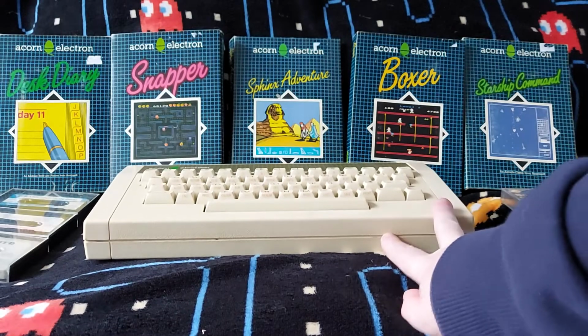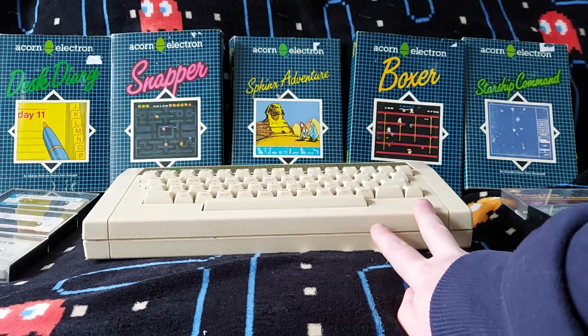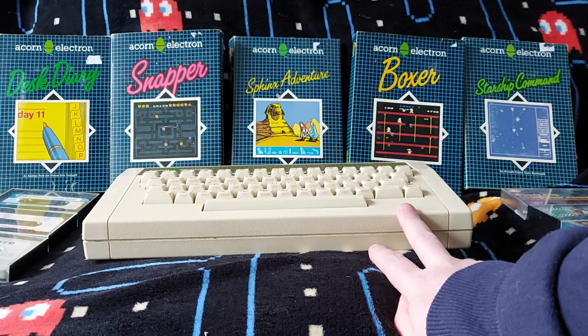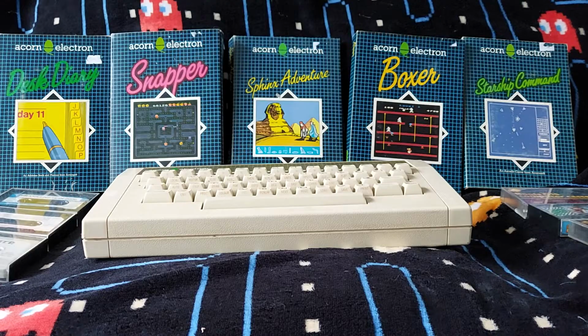The funny thing was, there was a guy selling one on Facebook Marketplace that I kind of agreed to buy, and then he messed me around. Basically he said it was 25 quid, unworking, and he had it as local pickup, and then he said, "Oh no, I'm only willing to post it. You can't pick it up," even though he was really local to me. So he wanted an extra £15 to post it, which I thought was ridiculous. And then he said, "Oh, actually no, the price is 35, not 25, that was a mistake in the listing." He then tried it on with me to put the price up. Then he wanted 50 quid,